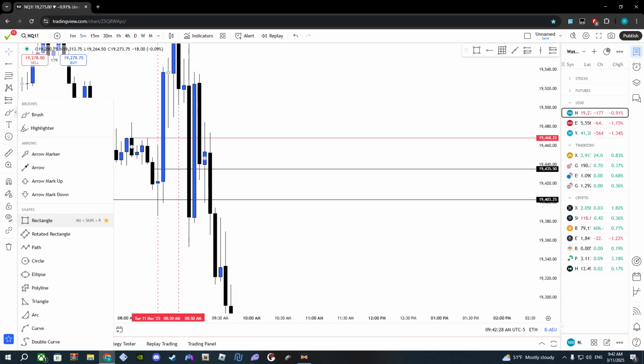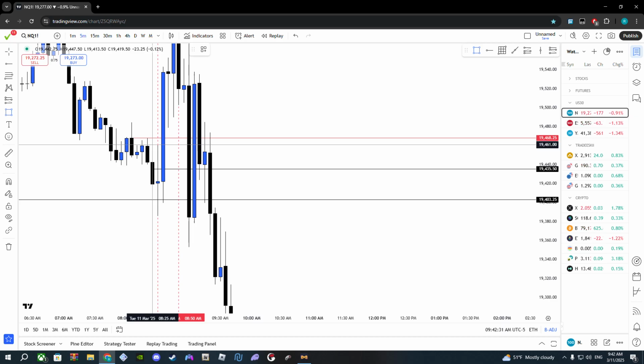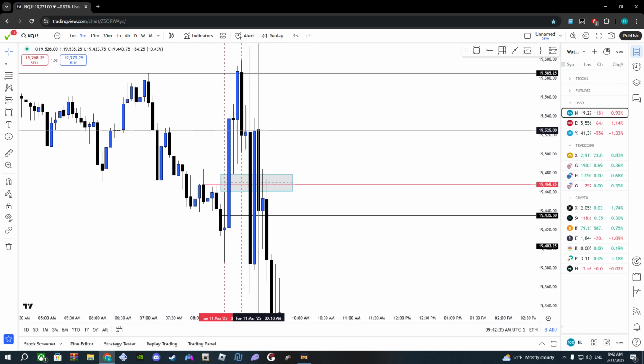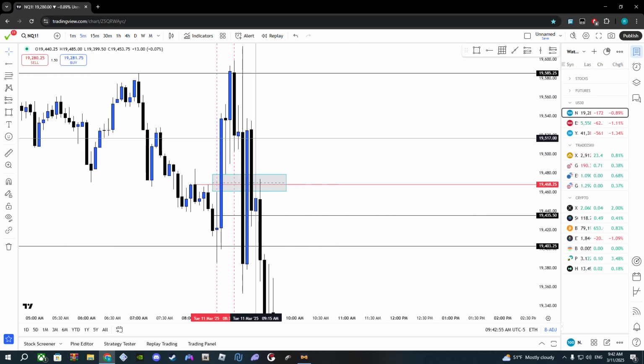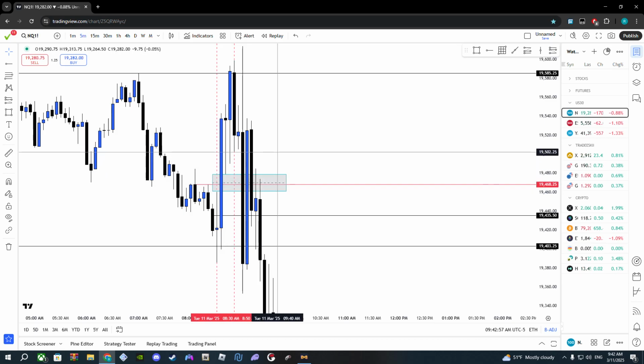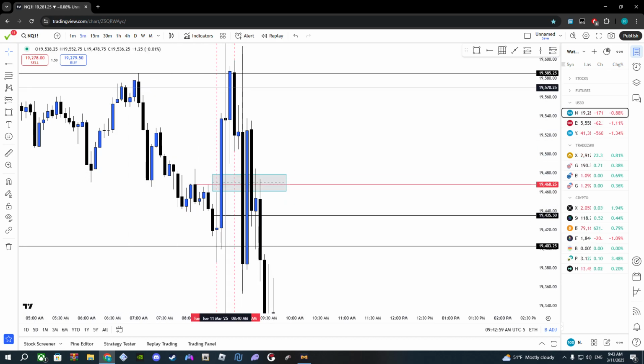So I'm just looking for a 5-minute retrace into an imbalance, order block, anything like that. Equilibrium. We made this fair value gap. So I was like, all right, bet. We broke structure, we swept hourly liquidity, we broke structure to the upside, and we could potentially get this 5-minute retrace. Once we get this 5-minute retrace, I'm going to be looking for longs all the way up to London session highs. We didn't end up tapping this fair value gap, so price just continuously moved up,